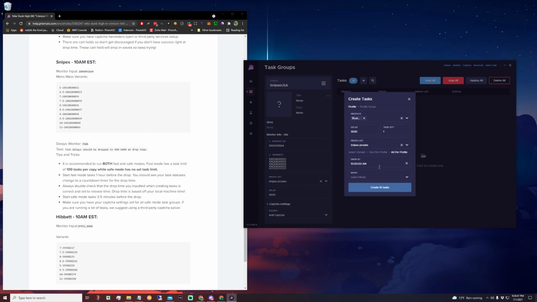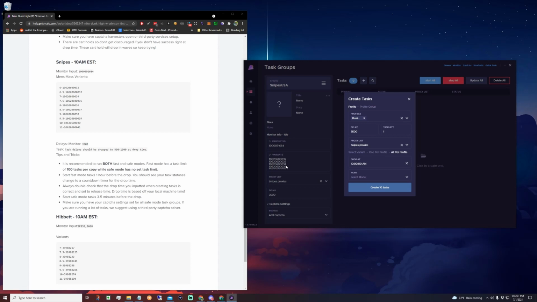Prism time is. So for example, I personally, my computer, I run on local, and obviously sometimes I run on servers, but right now I'm running on local. I'm on Eastern Standard Time. My clock is set to Eastern Standard Time, so I'm going to set it at 10 a.m. If you're on the West Coast, you'd set yours at 7 a.m. It's whatever your local time is, you should always set it to the same as the release time. So just make sure that you are aware. So we see a lot of people, they start carding prior to the drop, and that's not what you want